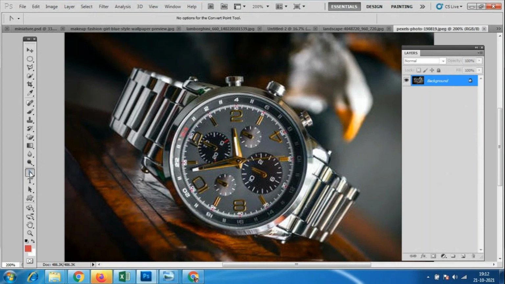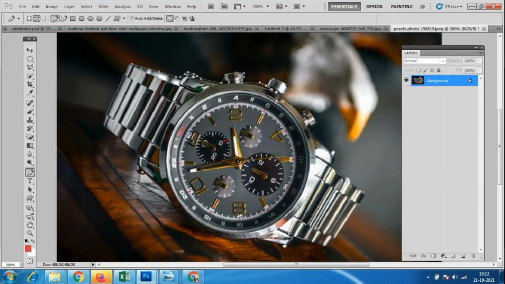For this image, if you have to select, the images you see on Amazon, Flipkart and all, people are seeing them only after editing. Before that it will be like this, not edited. So we have to select each and every small part of these things. See, small things we have to select.